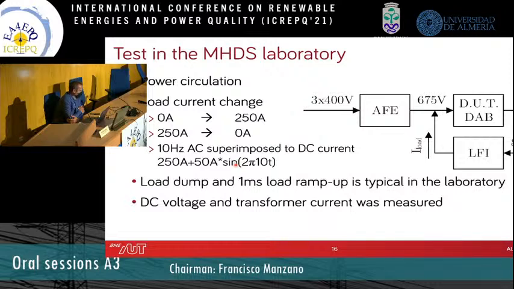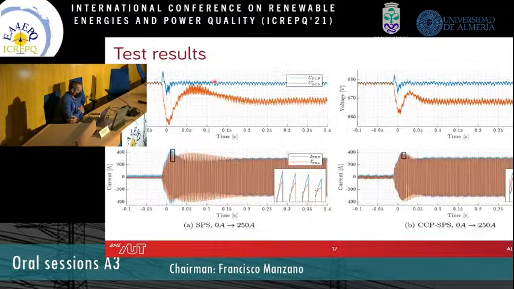Here are the test results. On the top you can see the voltage and on the bottom the current of the DAB converter. On the left side you will see the SPS control, the traditional control, and on the right side the new control. You can see from 0 amp to 250 amp jump up, that the voltage change is much